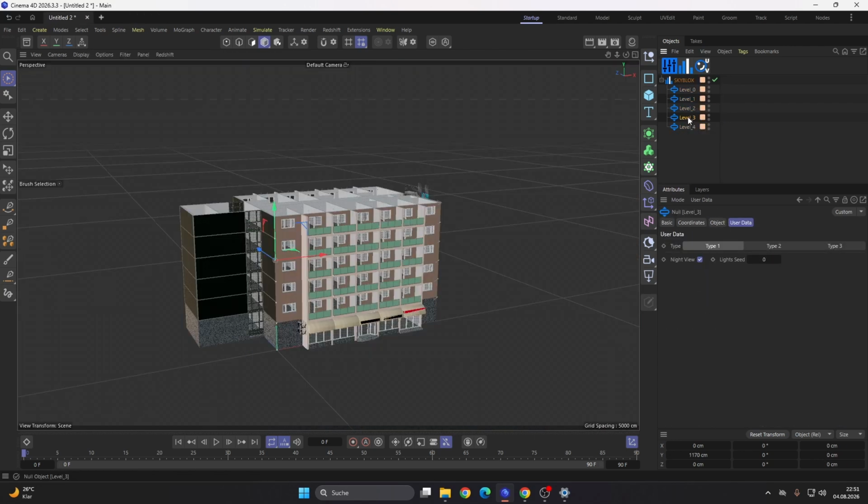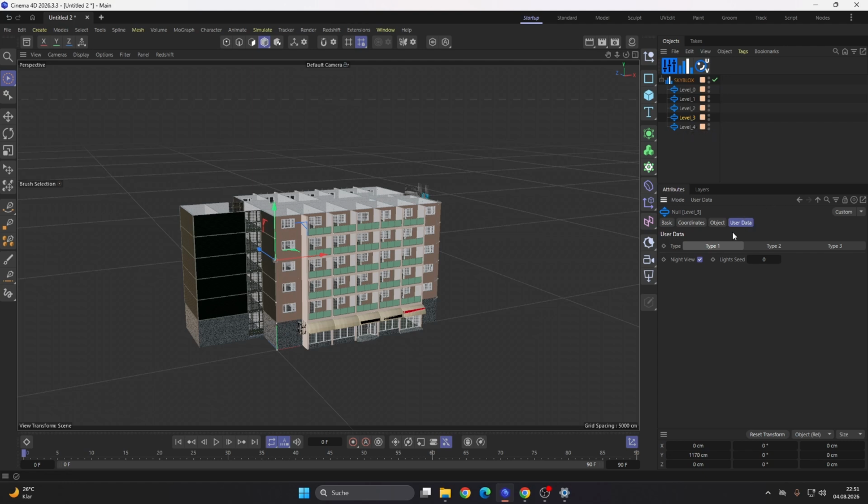As you can see, if you click a level, it's a simple null object to save object plugins, because there is a limitation for Python plugins. You can only register 50 object plugins for Python. So this would be a waste of plugins. So I simply made the decision to use here null objects with user data.